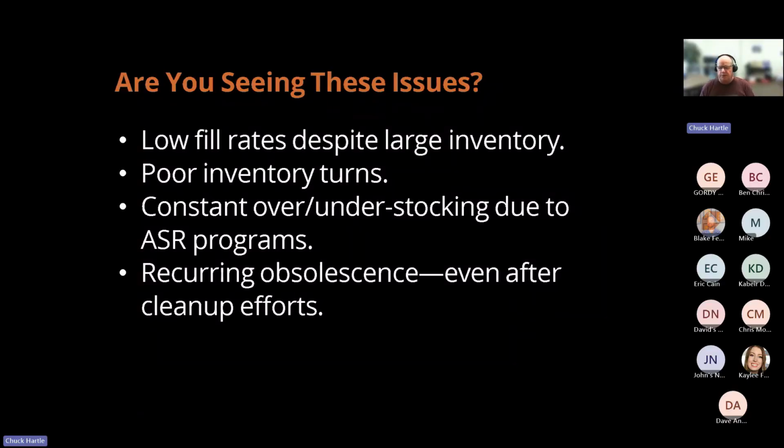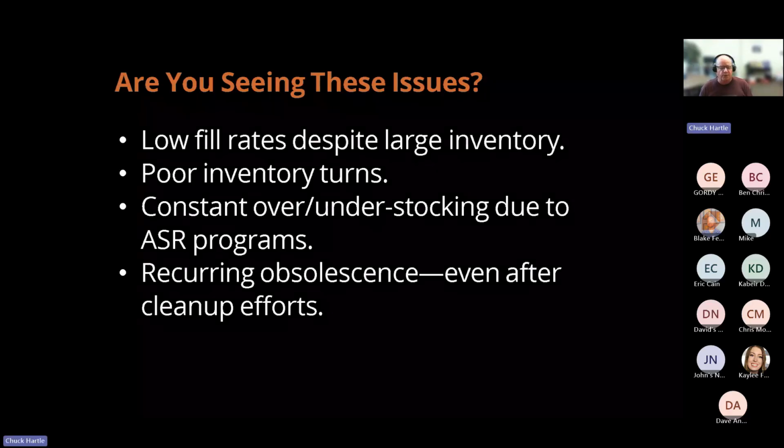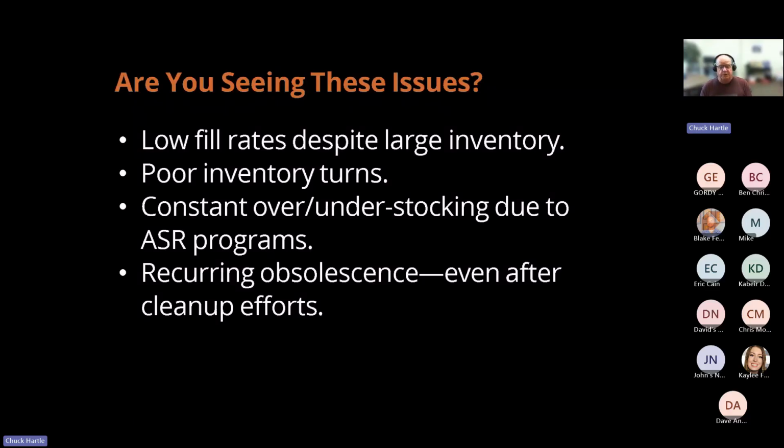If you're having a lot of recurring obsolescence, go back and listen to some of our other webinars about special orders and so forth. But even after cleanup, you still see that you have a higher day supply and low turns. We'll go over some of that here. It will probably make you feel a lot better about coming up with a very consistent way to look at your turns